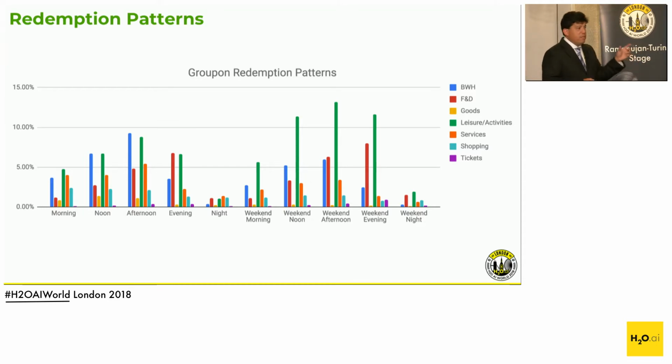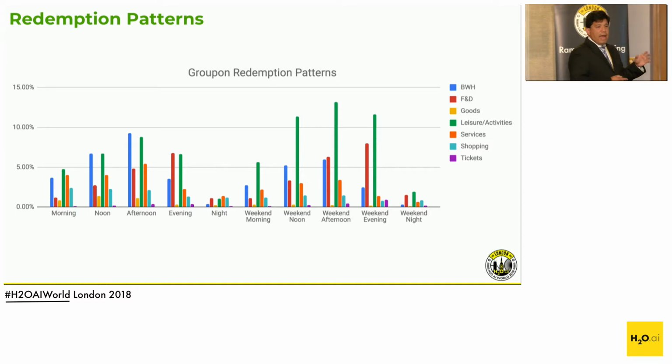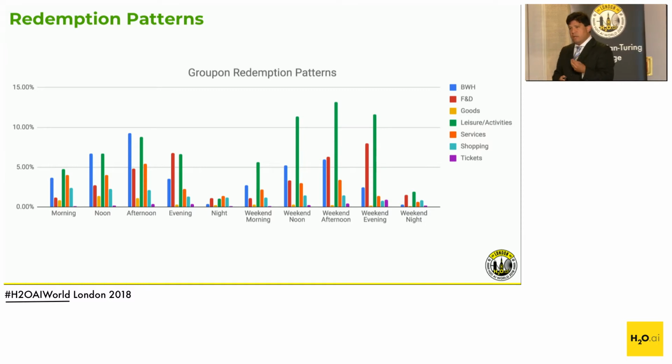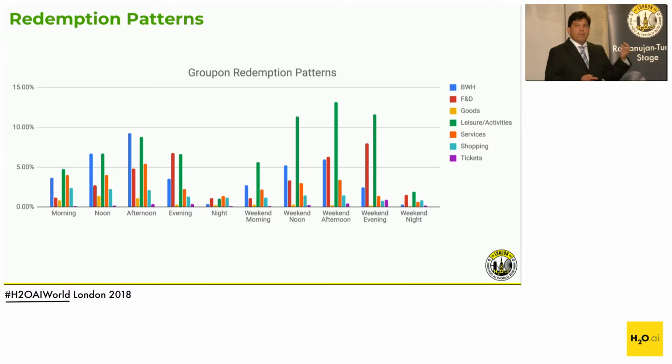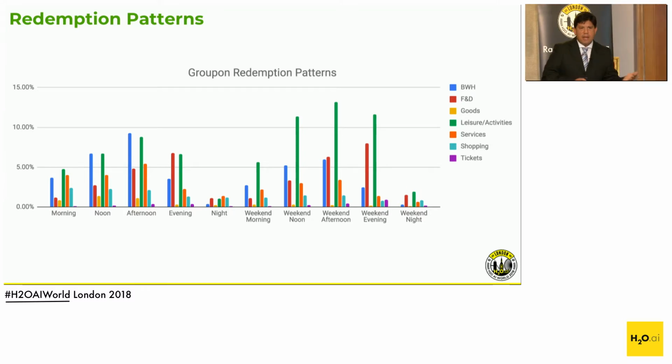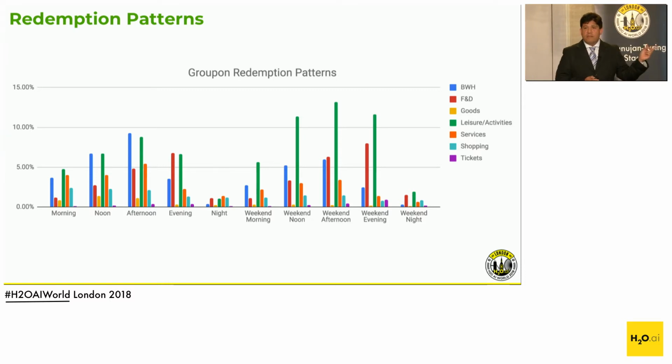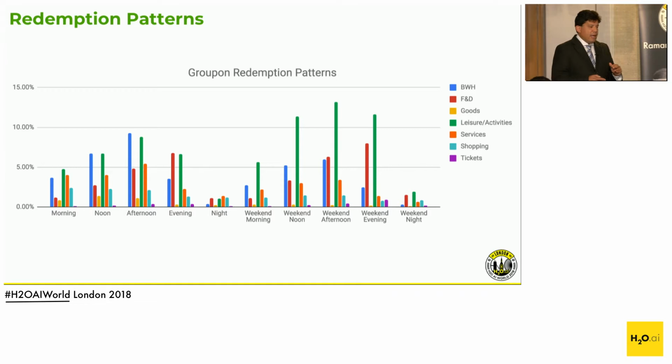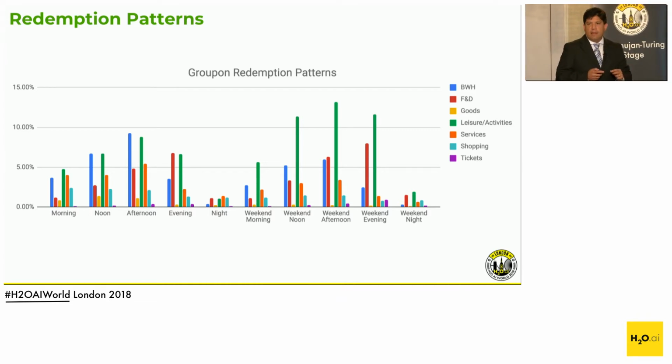Once we have the embeddings, which are just numerical vectors, if I want to build a profile of this user, I could average the vectors across what he or she bought or redeemed, and that would represent more or less the type of deals they're willing to buy at certain times of the day and in certain areas, because each deal has a location associated with it. In that way, we brought down the location problem and combined it with the geo and temporal aspects into an embedding space where we can compute user profiles as well as deal profiles